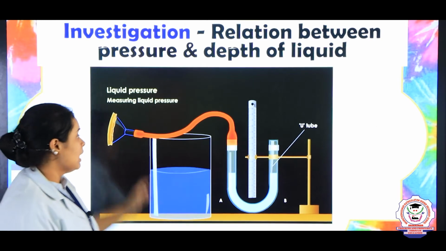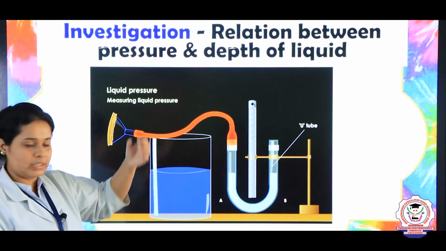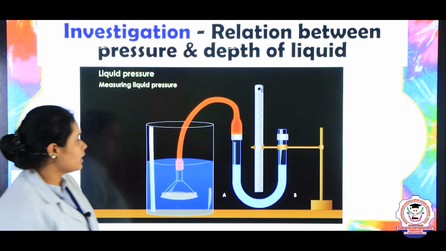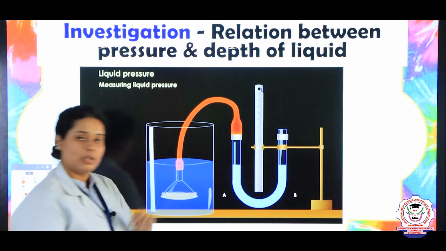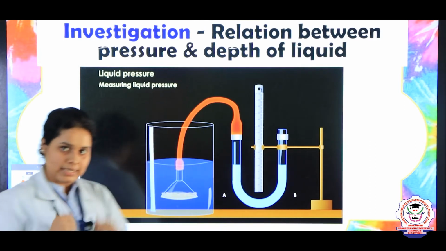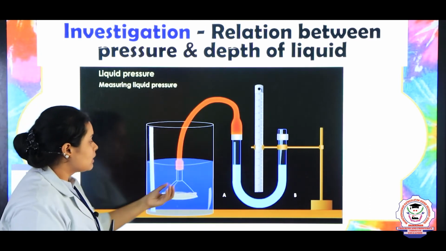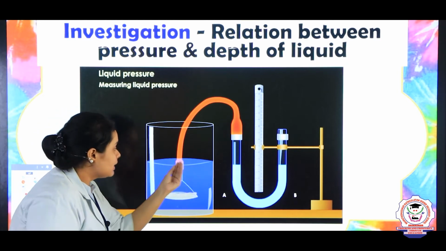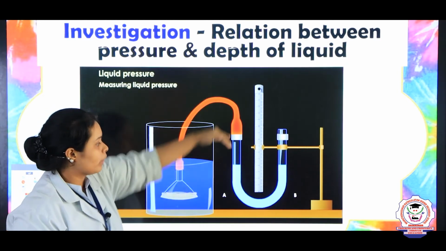Now we will lift this one and pour it inside the water. So see, when I am putting it inside the water, initially the position is the same on both sides, right, but as a little amount of water starts coming inside, the gas will start flowing here,